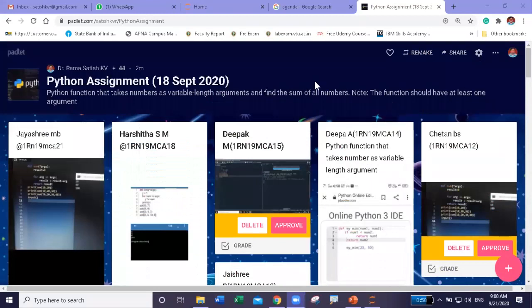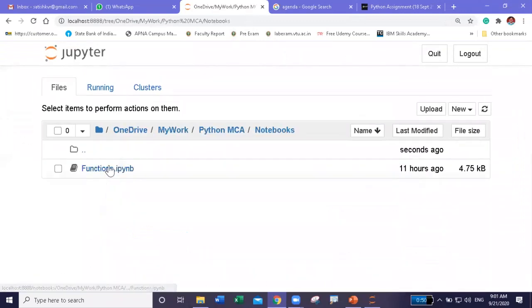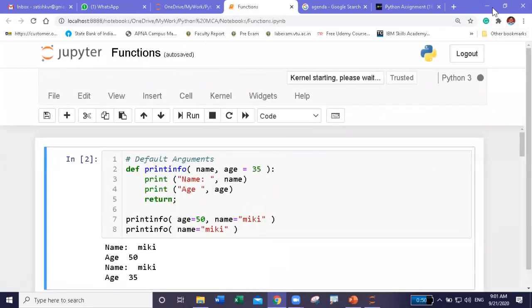Okay. Let us take today's class notebooks. Okay, functions. Functions over, we will start strings. We'll work on strings, but I would like to show one small example on function. After that, we'll move on to the